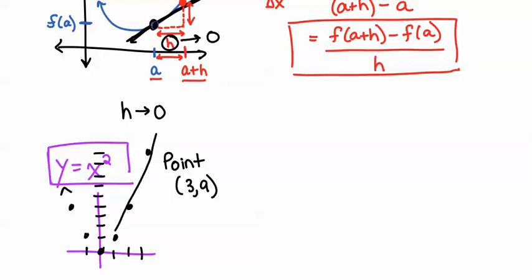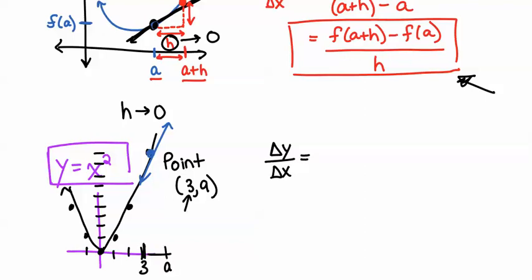So I got a point up there. I want to find the slope of the tangent right at this point here. I want to know what that slope is at that exact point. So I'm going to find my rate of change at that one point by using this cool new equation that we just created. Okay, so my point is 3,